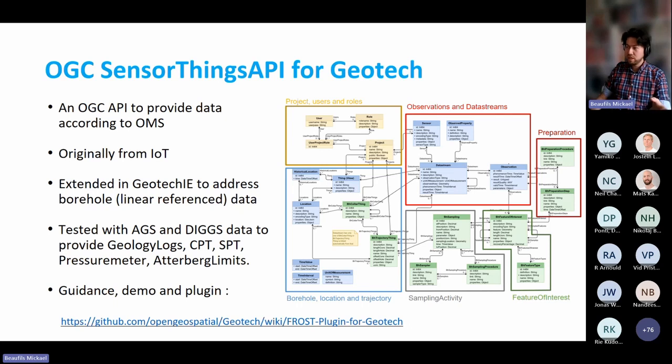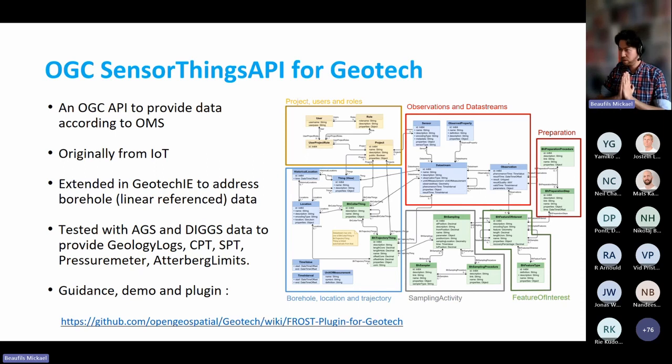Especially, we also extended an API called the SensorThings API to fit the purpose of geotechnics. This API comes very nicely with the Observations, Measurements and Samples data models that I mentioned before. The idea was to extend it to support boreholes, which are linear features.